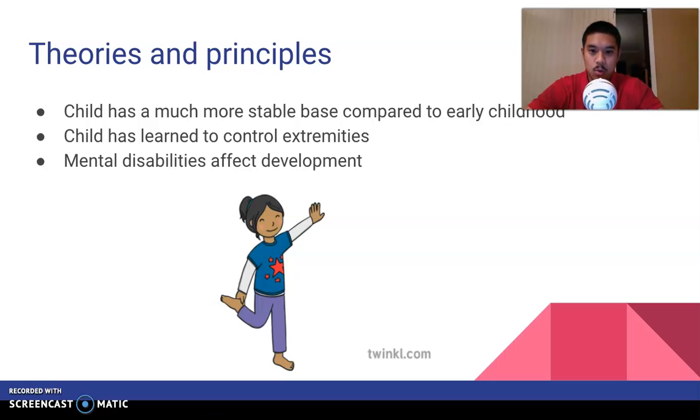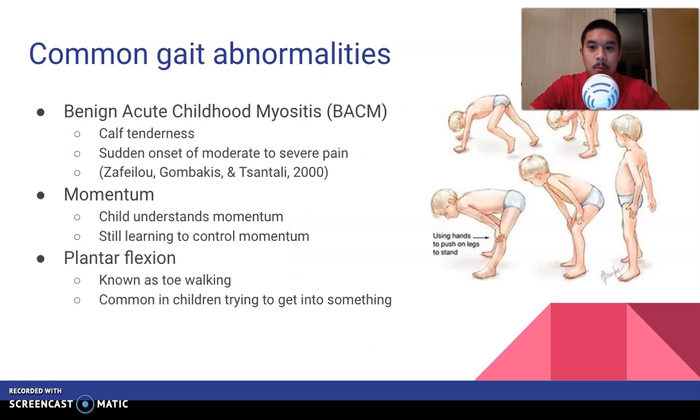She's learned to control her arms. She doesn't need them for balance anymore. Mental disabilities are starting to affect the development of gait. Common gait abnormalities: benign acute childhood myositis, and this is calf tenderness and sudden onset of moderate to severe pain,